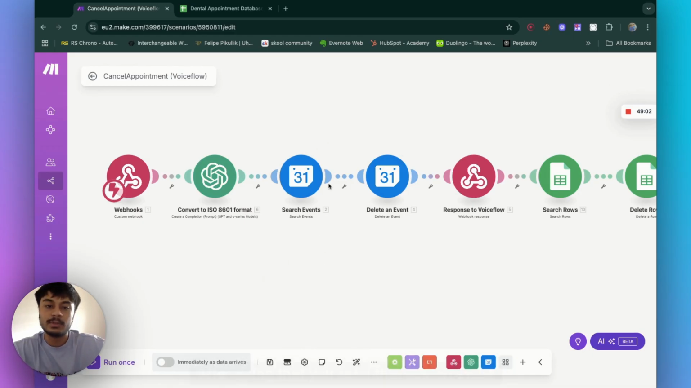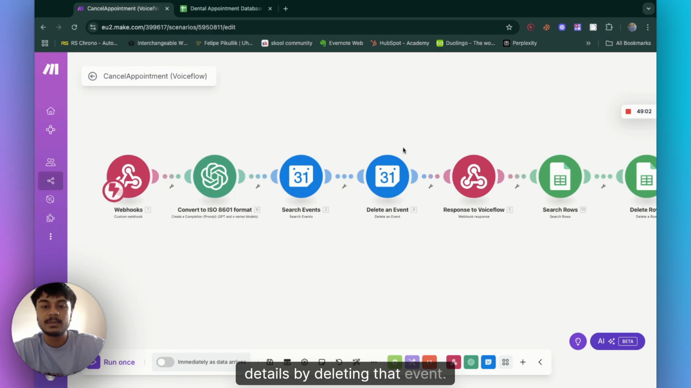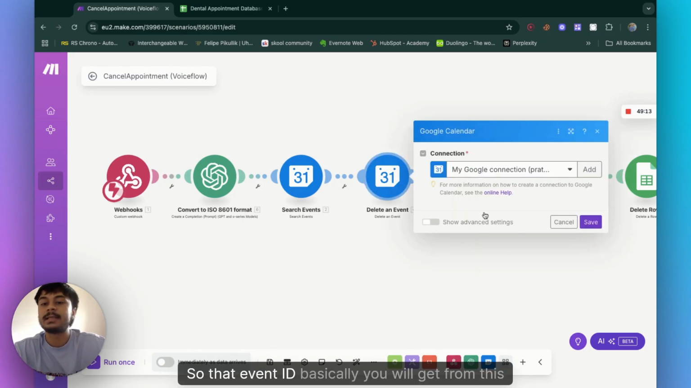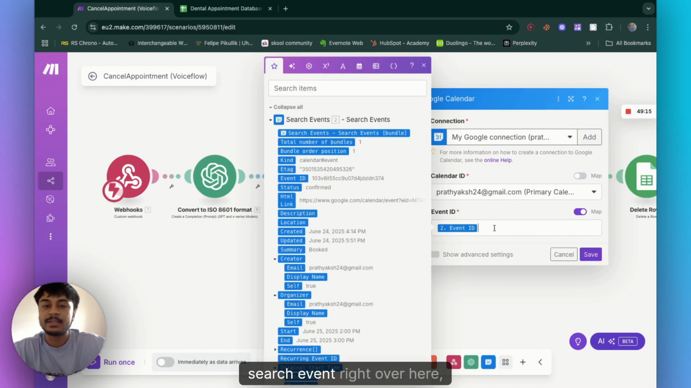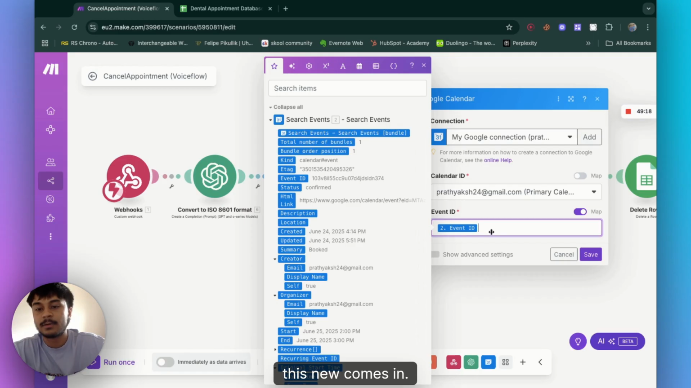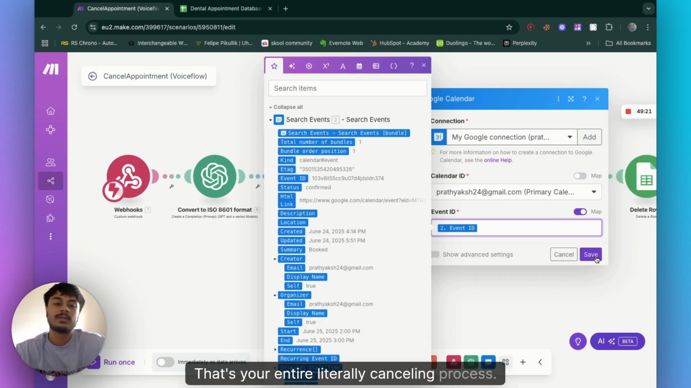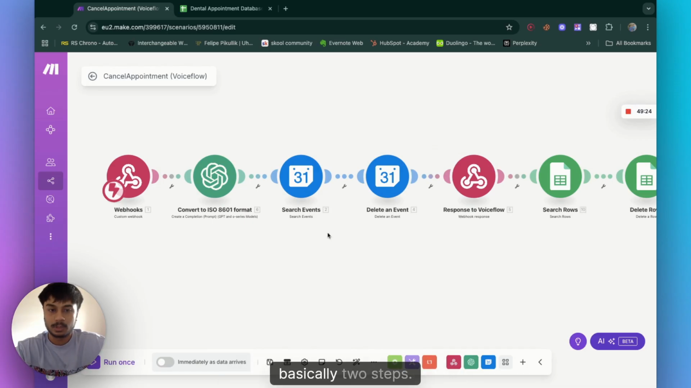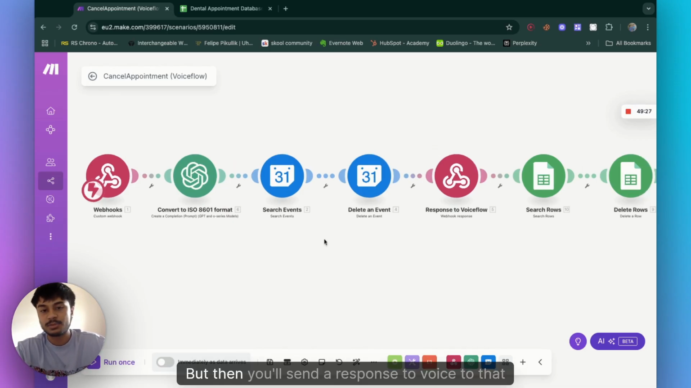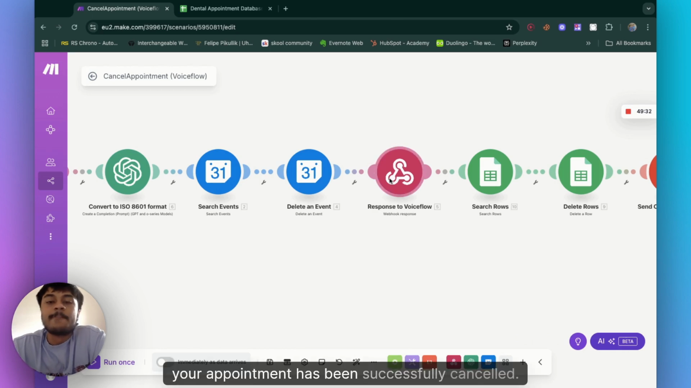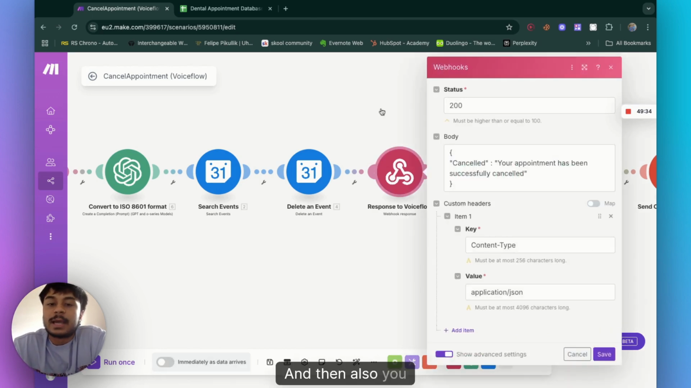Doing that, you will send that search event details to delete that event. So to delete that event, you will need an event ID. That event ID you will get from the search event right over here. You can see here event ID. Just click on that and just click on save. That's literally your entire canceling process. It's just these four steps. Basically, these two steps. But then you'll send a response to Voiceflow that your appointment has been successfully cancelled,